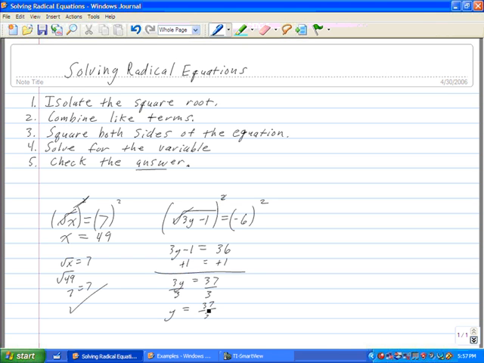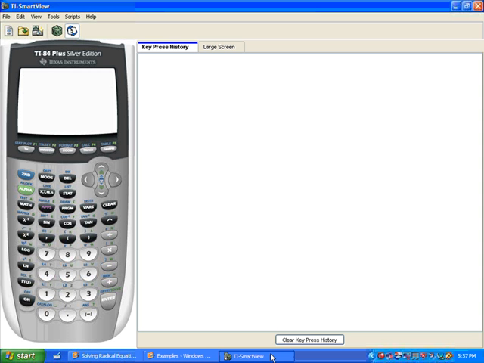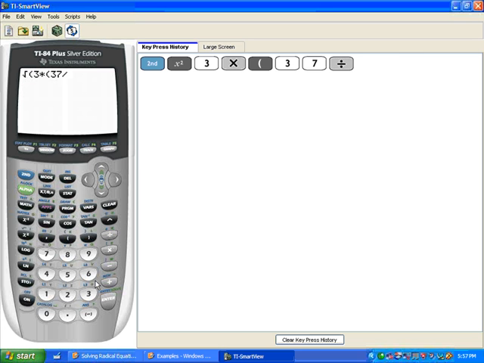Or you could write that as a mixed number. You could go to decimal form, but it probably wouldn't turn out very nice. Like I said, we always have to check our answer. So let's take 37 thirds and put it in. We'll do the square root of 3 times 37 over 3, that's 37 thirds, minus 1, close the parentheses and take the square root, and we get